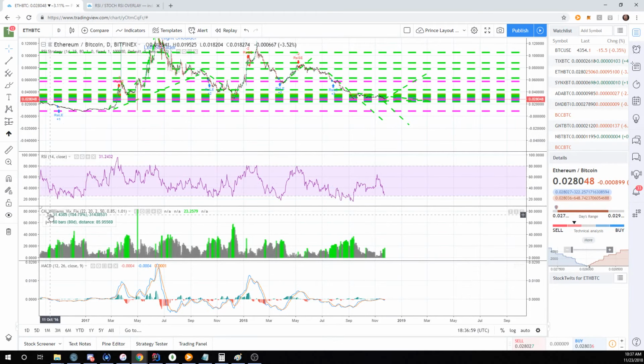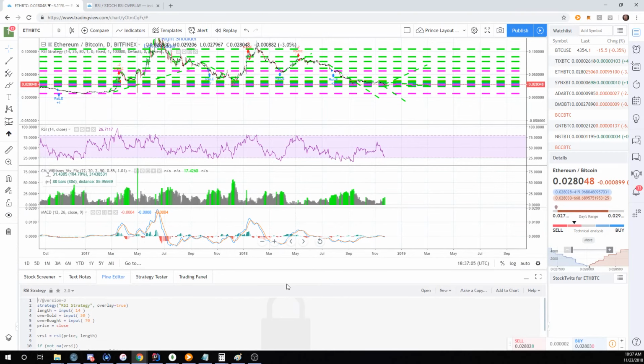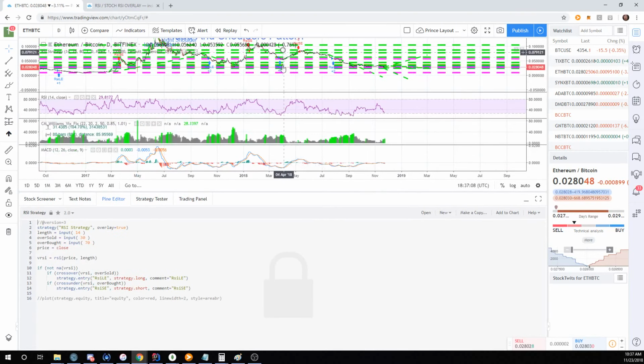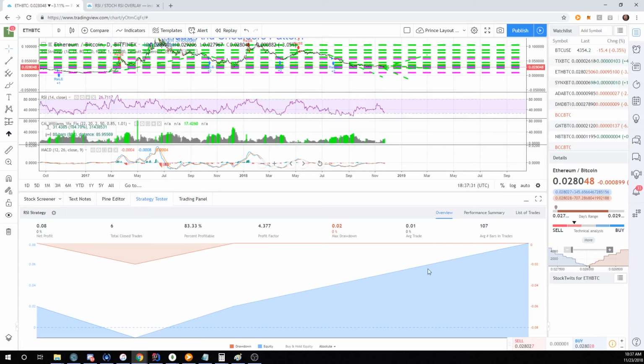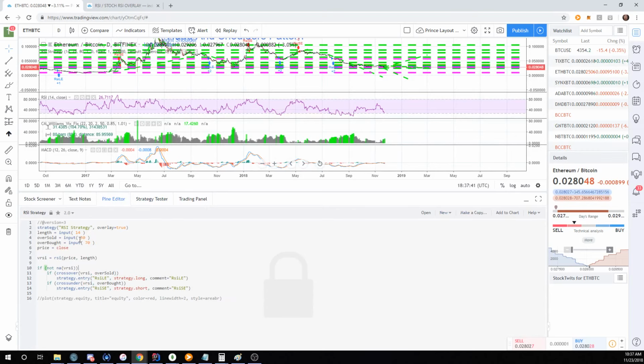So what you can do is you can come in here and make this your strategy. Improve upon it, because this is simply selling when the RSI crosses. Well, can we tell it to sell when the RSI crosses and the MACD crosses and the Williams indicator goes? Well, yeah, we can. We can come in here, then we can come over here and see how well we did over time. We can come in here and see, even as we sit here and change the numbers,